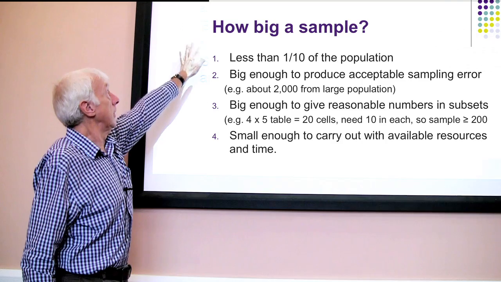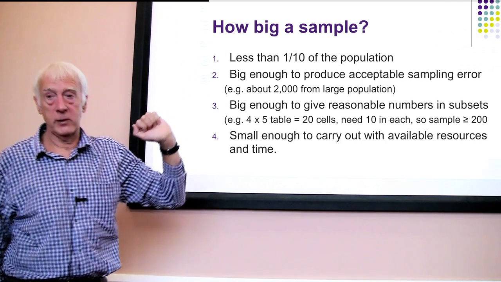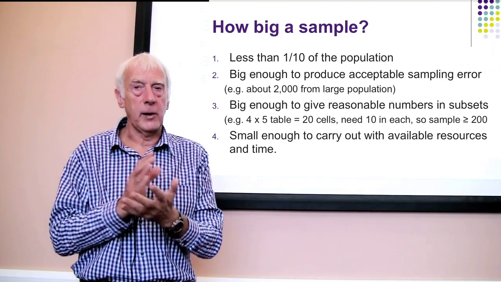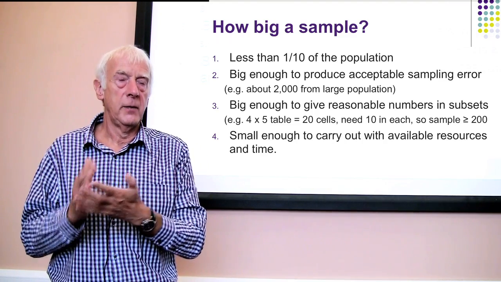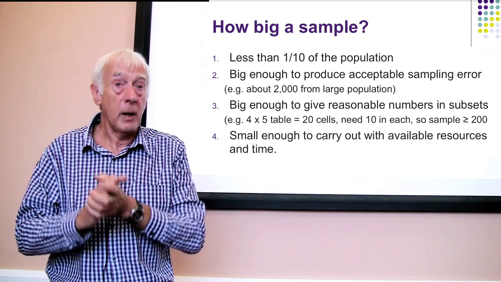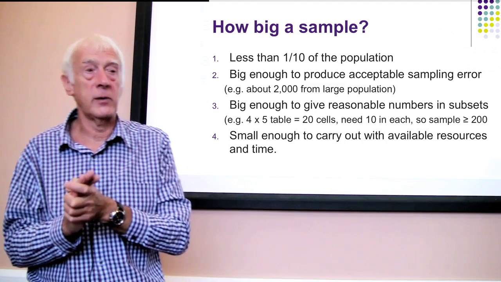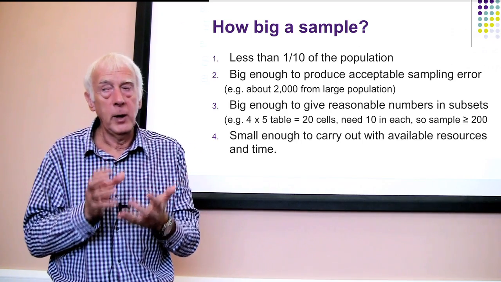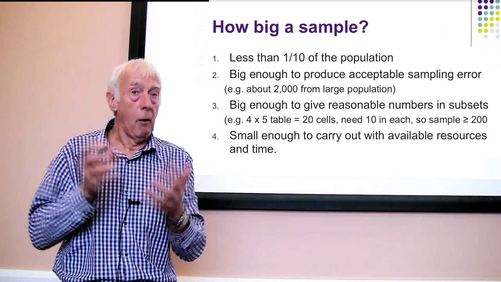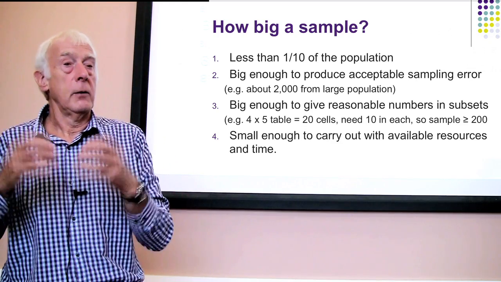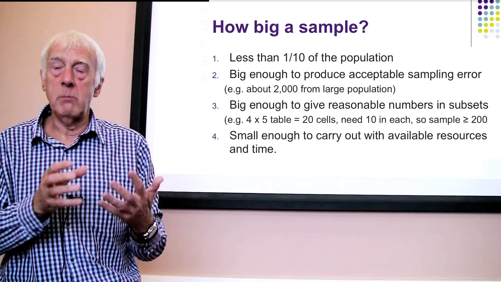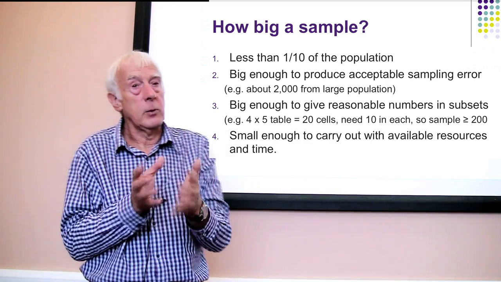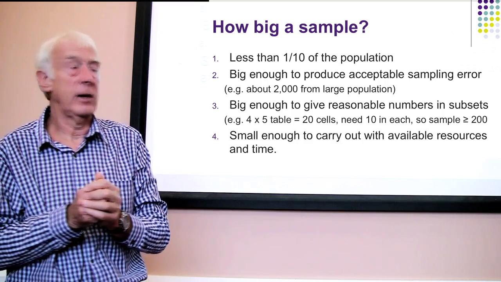The other thing to think about too is subsets. You may have 2,000 in your sample, but if you've got some kind of variable that is important in your study that breaks people down into 10 subgroups, then each subgroup may only have a couple of hundred in it, or maybe even less than that, because subgroups may not be the same size. Maybe only 50 people in a subgroup, for example. Now, if you want to know about that subgroup, you've got to increase the sample size of that subgroup, if not the whole sample, so you've got enough people in there to minimize the sampling error. So the sampling error issue is not just about the whole sample, but perhaps the subgroups as well, and you have to worry about having enough there.